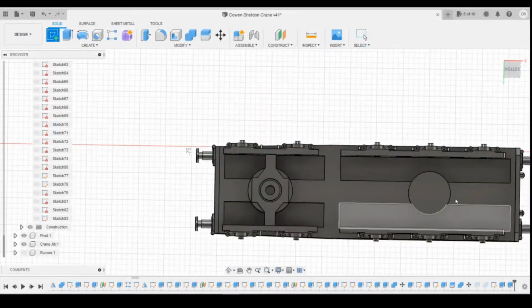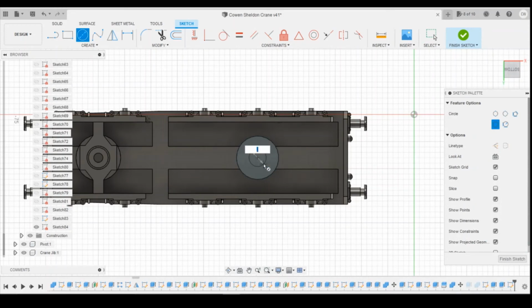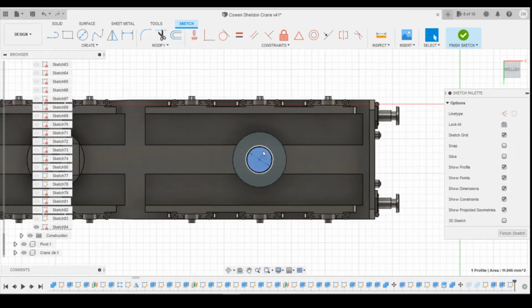Okay, so the next thing we're going to create a sketch on that top surface. Again, another centre point circle. 3.75. Why is it doing that? It's not writing properly for me, it's not being helpful. Okay, 3.75, why is it not liking it? 3.75, okay, weird. And then we can extrude that